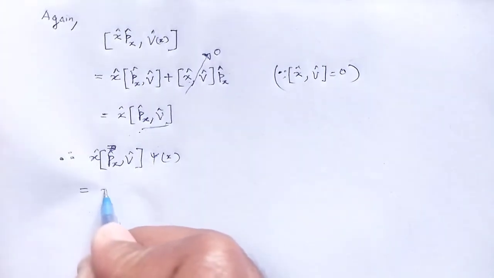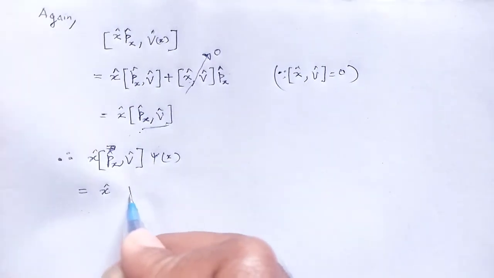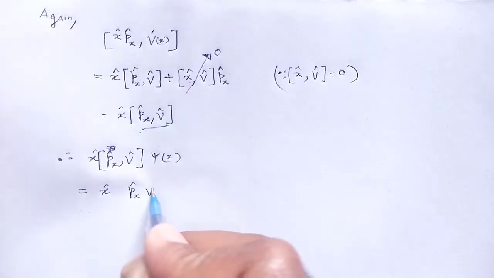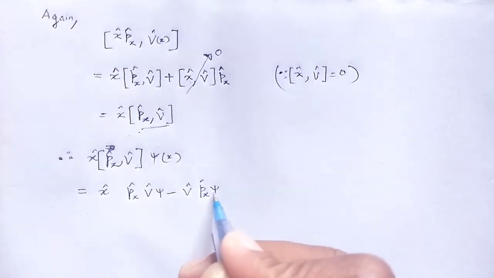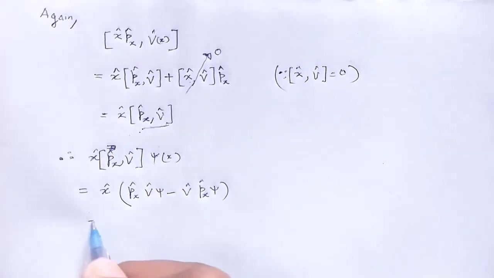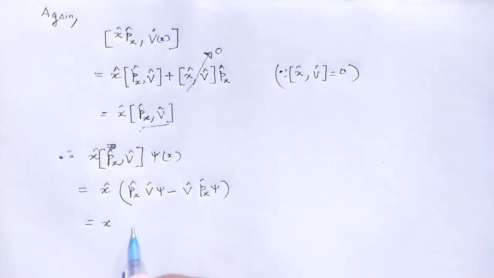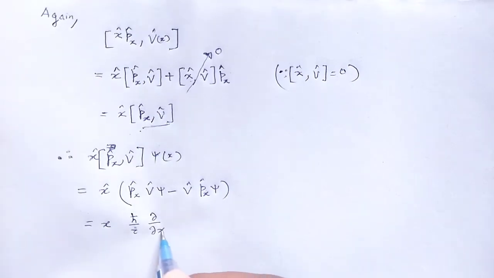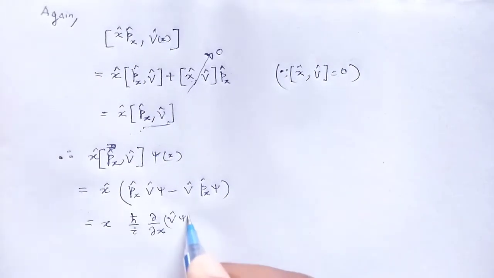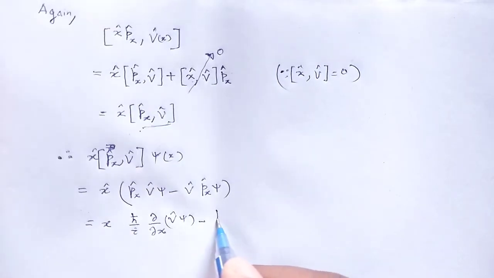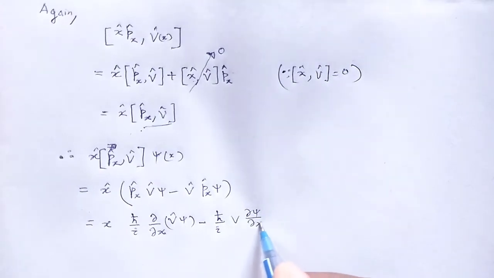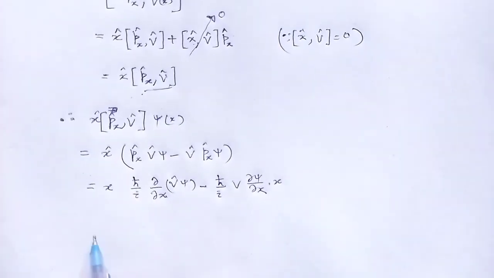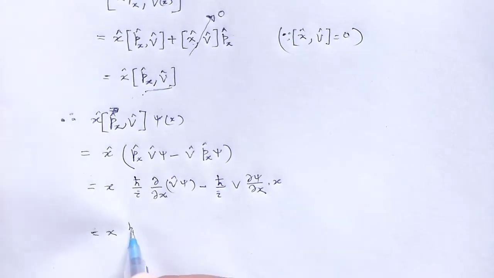What will be that value? That is x cap, here px cap v cap psi minus v cap px cap psi is equal to x. Px cap means h cross by i del by del x of v cap psi minus here h cross by i v del psi by del x into x is equal to x h cross by